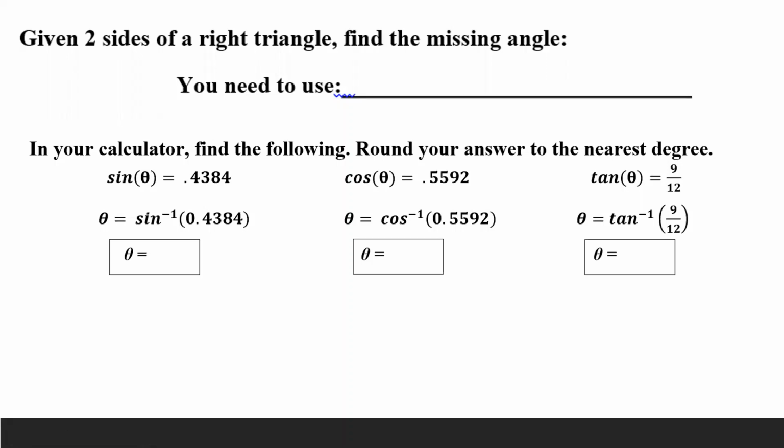Today we are going to take our notes on inverse trig functions. So if you're given two sides of a right triangle and you try to find the missing angle, you need to use inverse trig functions. Okay, so what that means is